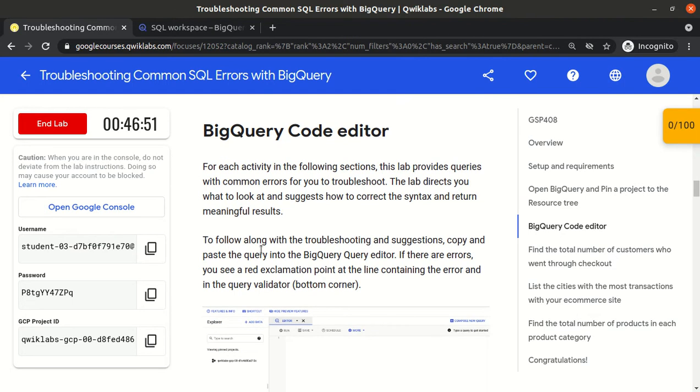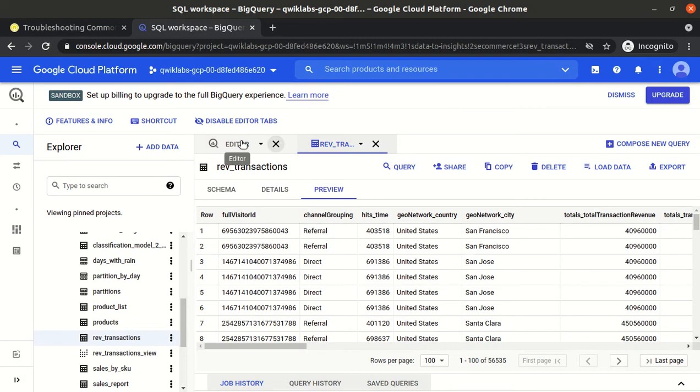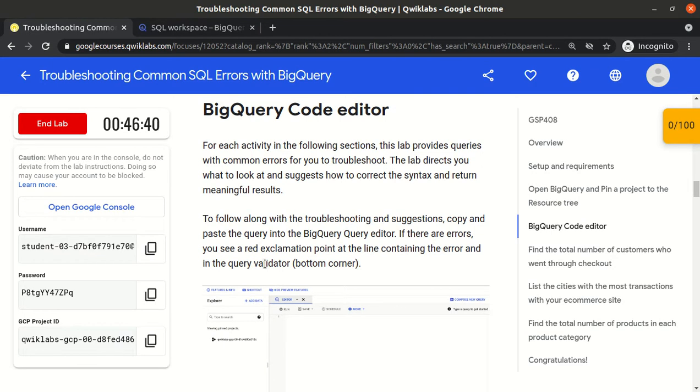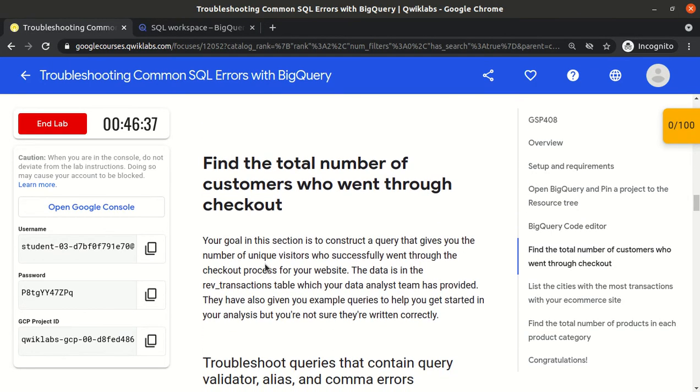Now we need to open the BigQuery code editor. So this is the editor window, where we will write our SQL queries. Now we have given the first scenario: find the total number of customers who went through the checkout.